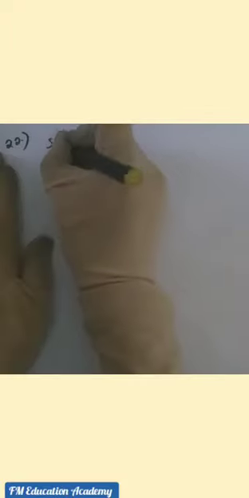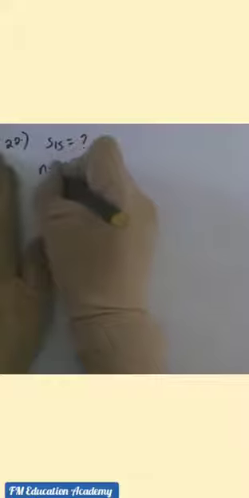See the 22nd question. The sum of 15 terms of the AP 3, 6, 9 up to something. It is asking S15 here. And we know the formula of Sn is n by 2 into 2a plus n minus 1 into d. Here it is given as a, d, and also it has given us the value of n, that is 15 terms. Sum of 15 terms of AP means the n value here is 15. So in the 22nd question we have to find S15.